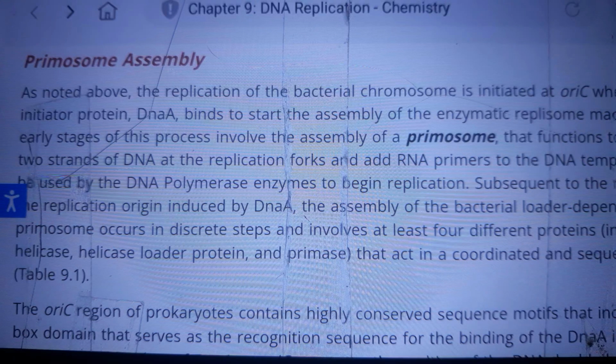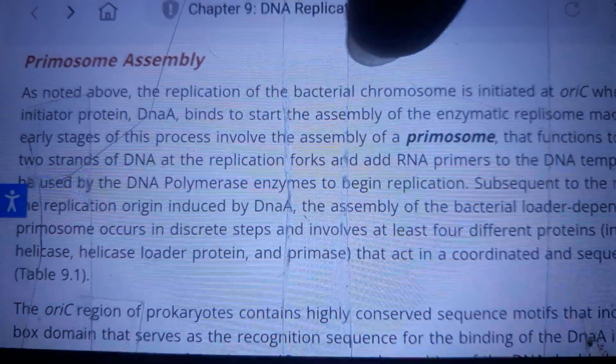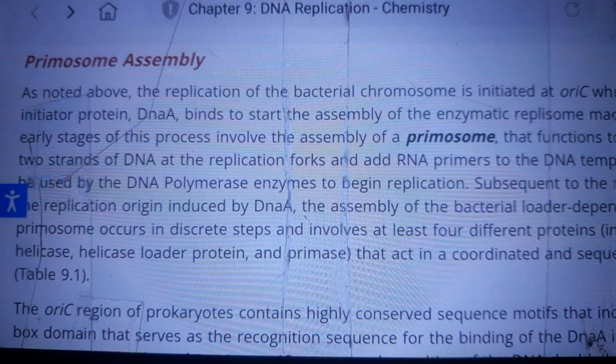Right, and proceeding from the chromosome assembly, we are going on across the subject matter which was discussed a few minutes earlier. And from this, with just a general mention, I'll be going on to the next topic. Here, the DNA binds to start the assembly of the enzymatic replication machine. The early stages of this process involve the assembly of a chromosome,